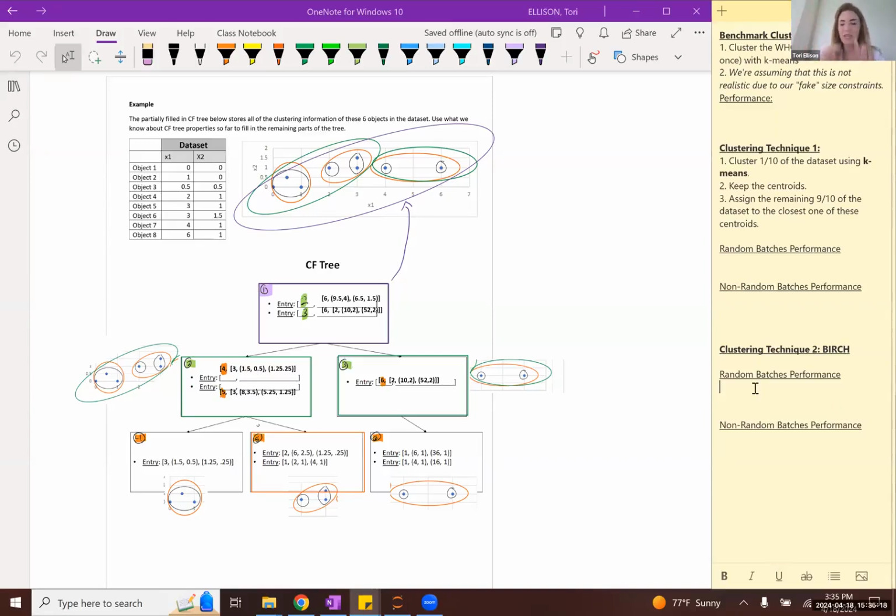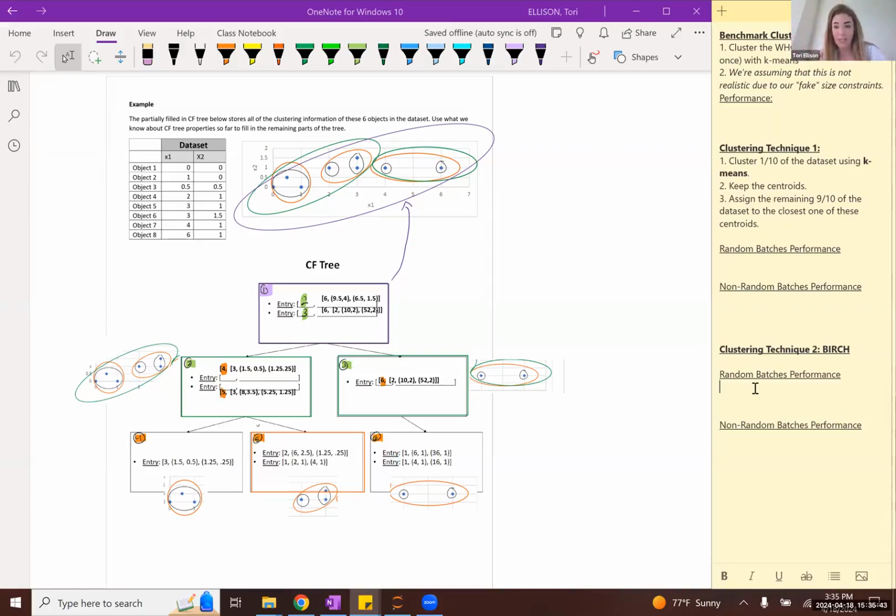So what we're going to see is that the BIRCH clustering algorithm actually has ways for your tree to essentially course correct, to allow for modifications in the existing detected clustering structure to basically incorporate new batches that might, for instance, start showing the presence of new clusters that your previous batches may not have necessarily picked up on.